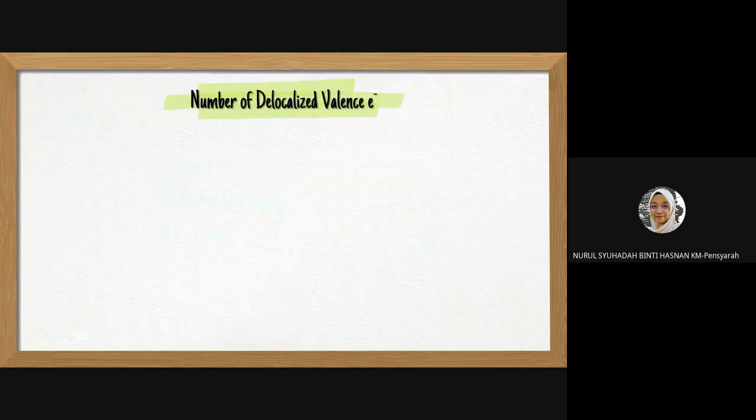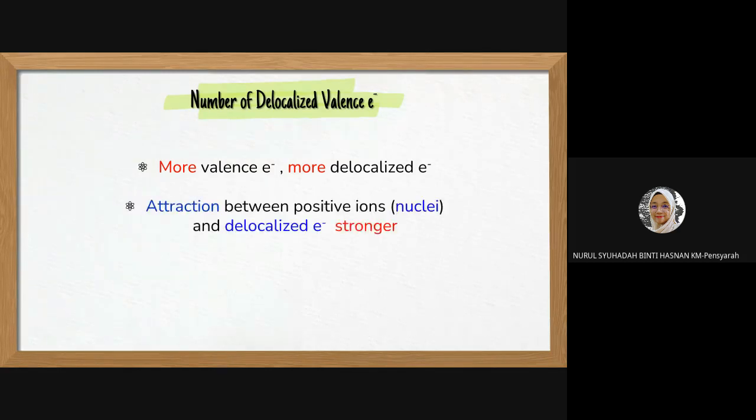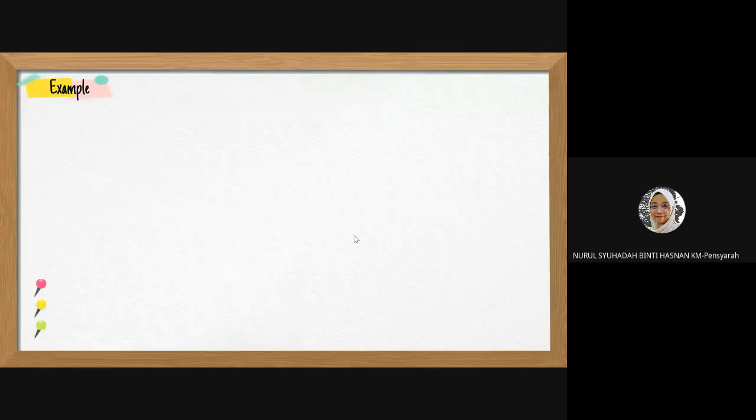Okay, jadi number of delocalized valence electron kita akan kata when there is more valence electron, there will be more delocalized electron. So the attraction between the positive ion, the nuclei, and the delocalized electron is stronger. Okay, jadi kita akan ada stronger metallic bond. Okay, jadi sebagai contoh untuk kita tengok dekat sini, the example is when we compare,